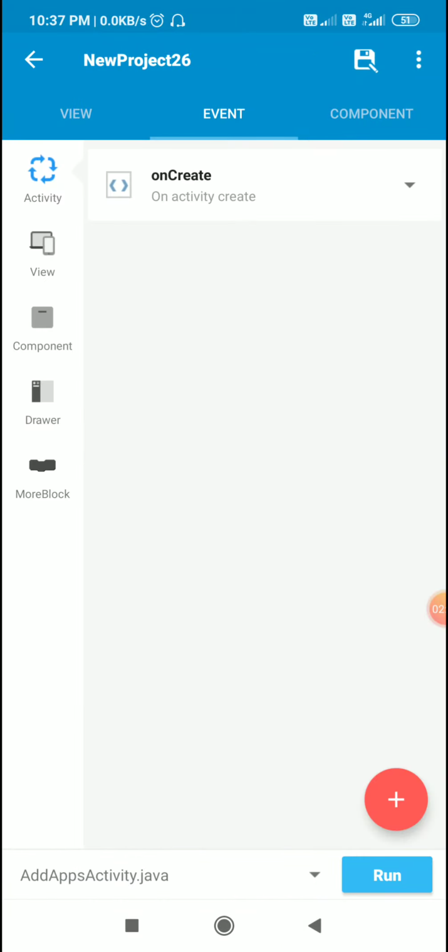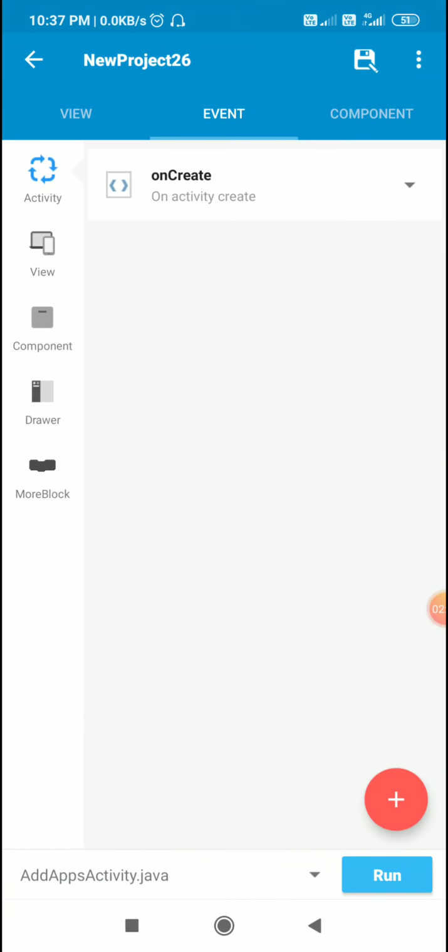Then similarly, I have disable upload. In disable upload, the image view 1 will be set enable false, these two will be gone, cancel and upload will be set visible gone, and progress bar 1 and text view 13 will be set visible visible. So all this is there in disable upload. Okay, so here in onCreate I use enable upload. Now after that, when user clicks on image view 1, I use file picker to pick files.